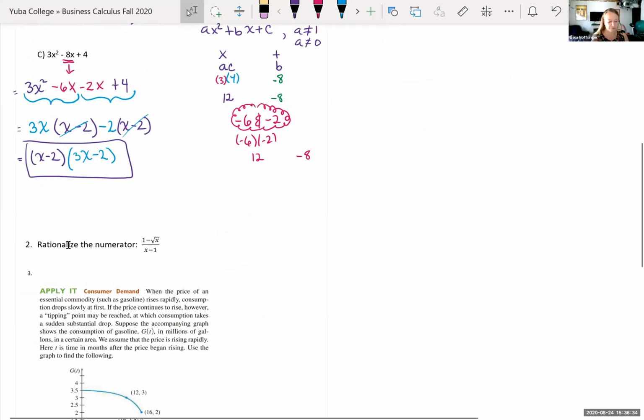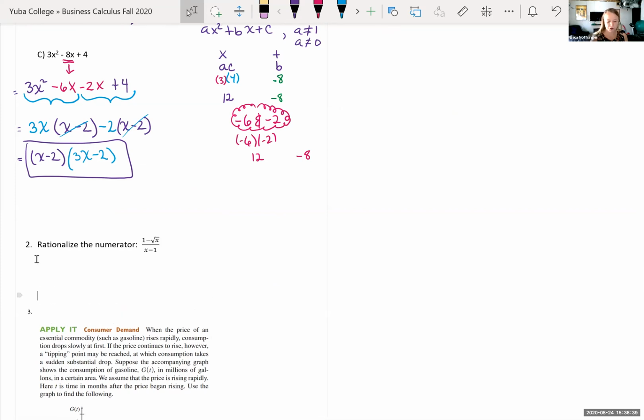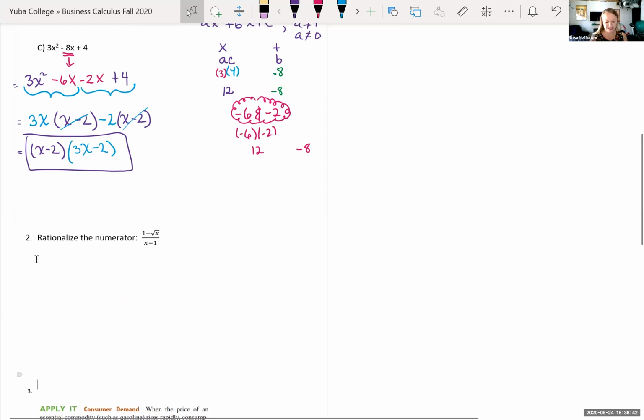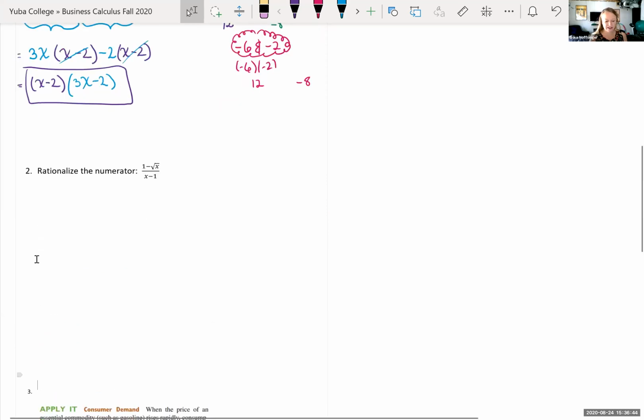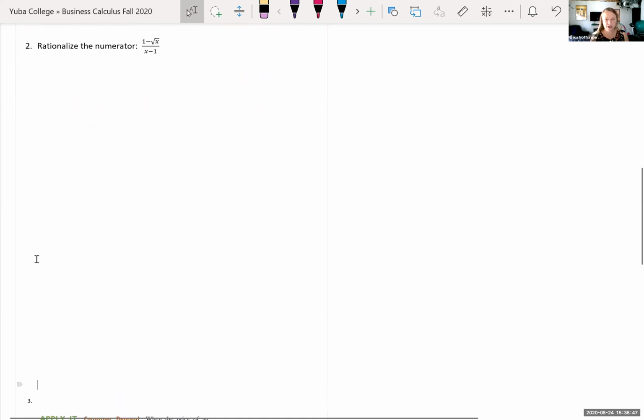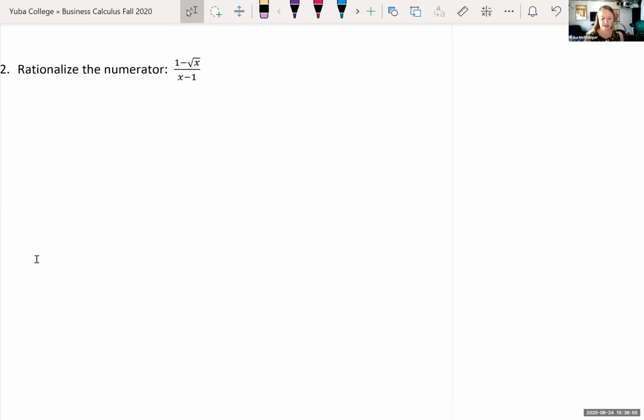Rationalizing the denominator. Sometimes it's really helpful to be able to multiply an expression by a fancy one to manipulate it to be easier. When it says rationalize the numerator, or rationalize the denominator, you're trying to get rid of the radical in either that numerator or denominator. We are going to use the fact that I was talking about with the difference of 2 squares. So remember, if I had a minus b times a plus b,